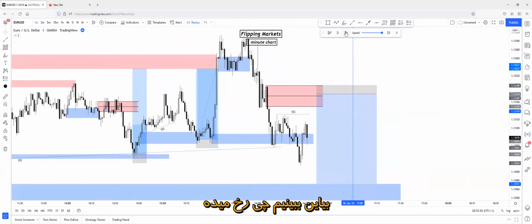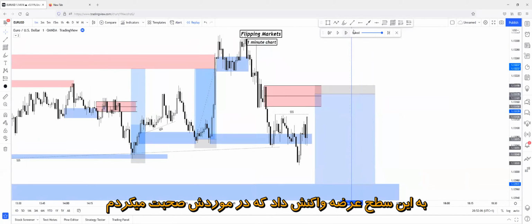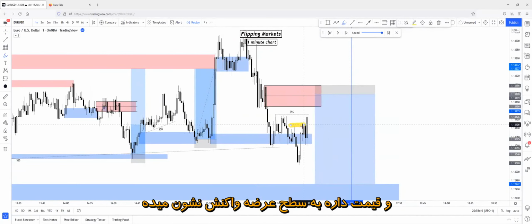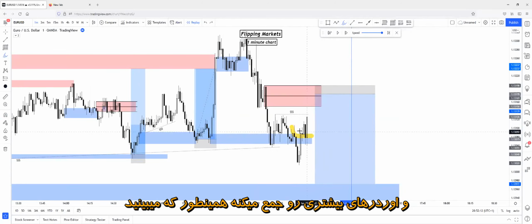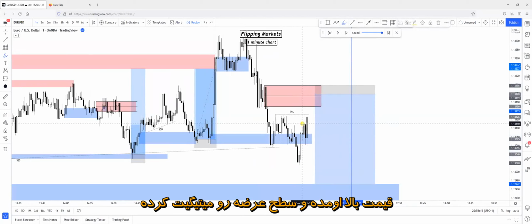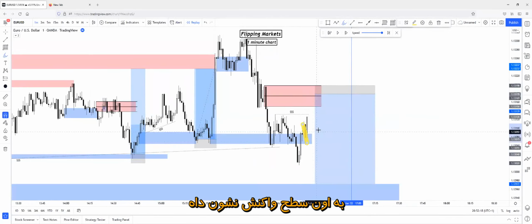Let's see what happens. Actually, as you can see, price reacted on that supply zone that I was talking about. This is the structure breaking supply zone. Price reacted on the supply zone, collecting more orders. As you can see, here's the supply zone. Price came up, mitigated this supply zone, reacted on that zone. And after this,